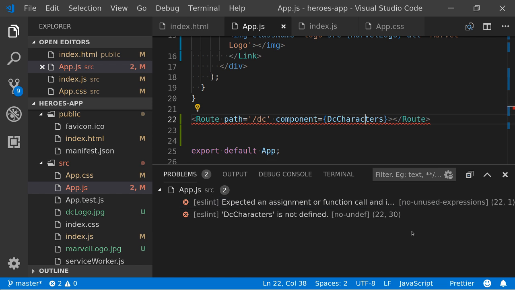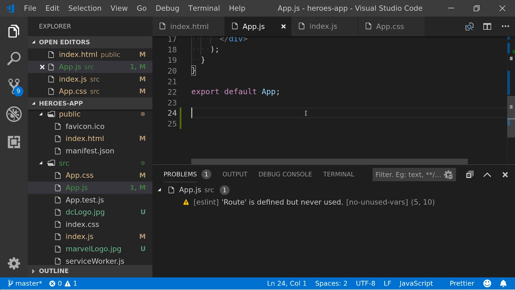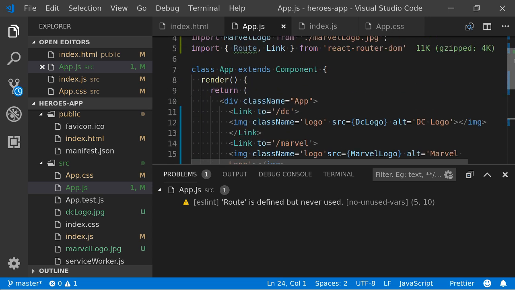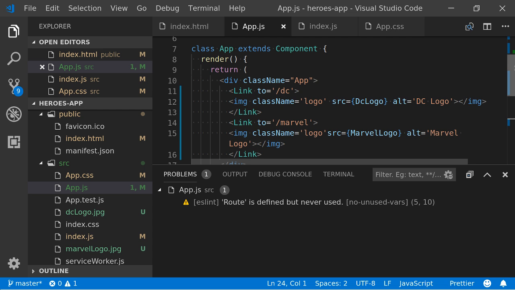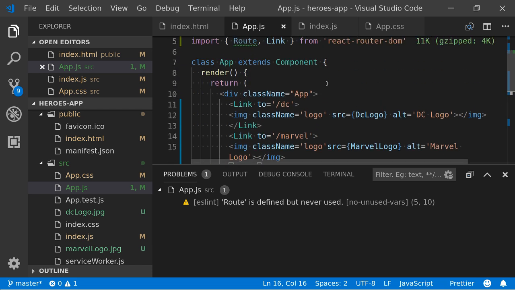What am I doing wrong with that? Did I just put it there? Where did I put it? I forgot where I put it. You have to put the link in front to put in the route. All the components after div app and all the links you have to put in the route. So I encapsulated from this one link, encapsulating the route. So I put my route here.